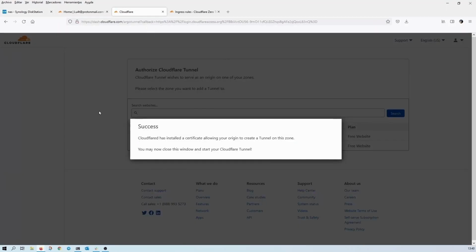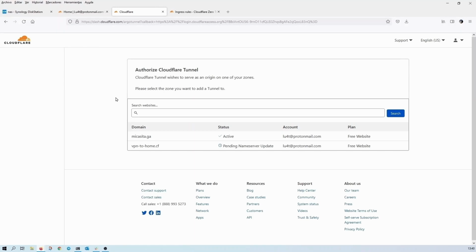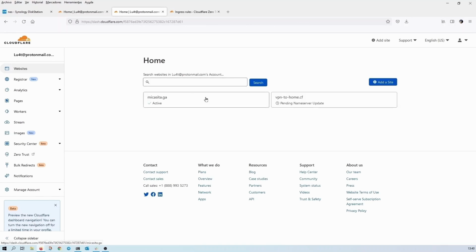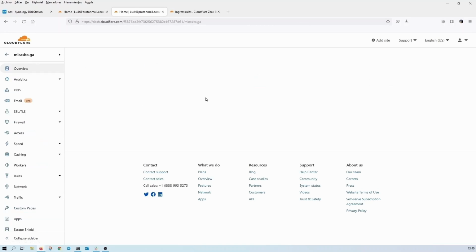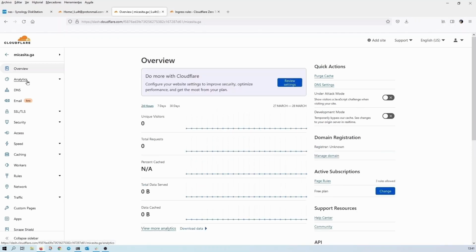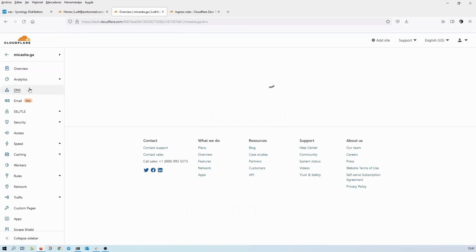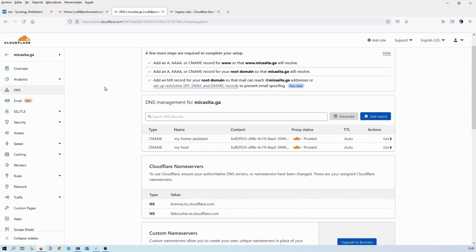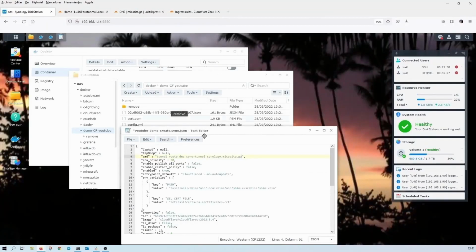So before running the container, let me get back to Cloudflare. We go into the domain and the DNS entries here. So these are just some tests that I did before. So now that we have this command, we're going to be saving and running the